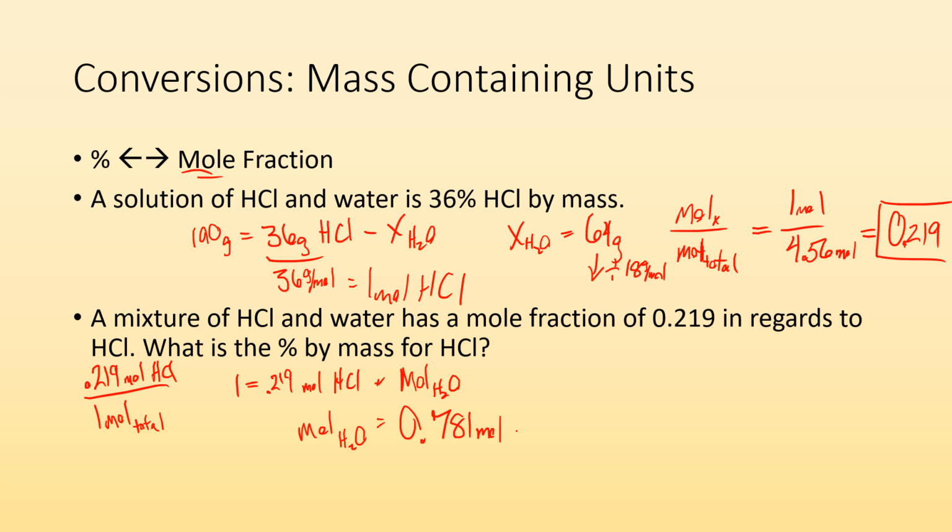So now I go, all right, well, let me convert that to grams, times it by the GFM, 18 grams per mole. I end up with 14.058 grams. Now I do the same thing for HCl. I have 0.219 moles of HCl, times it by 36 grams per mole, and I end up with